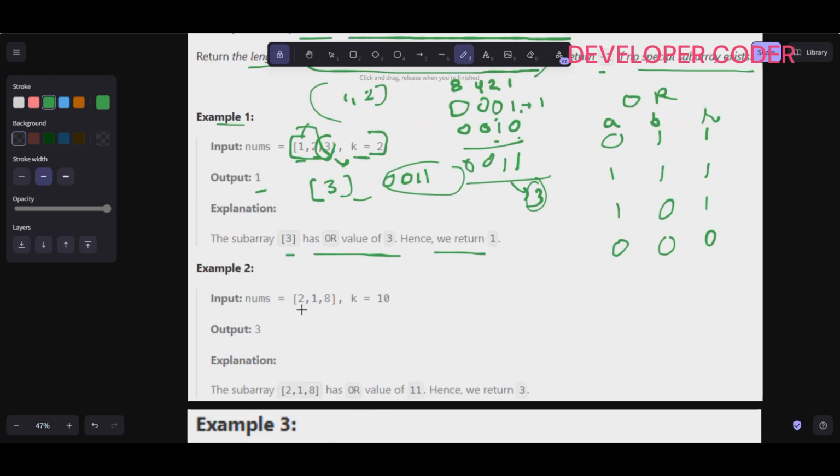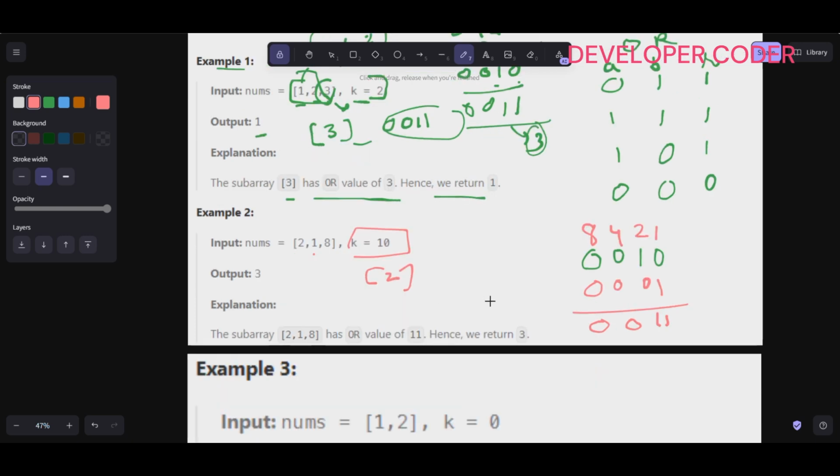That's it. See this example number 2. Here I'm going to write 2 like this, 0 0 1 0, and you know the bit values, 1 2 4 8. If I add 1 to it, I can't use this simple subarray, as it is less than 10. If I use 1 here, my subarray looks like 0 1, so overall the value is still 3, which is less than my k value. So if I add 8 to it,